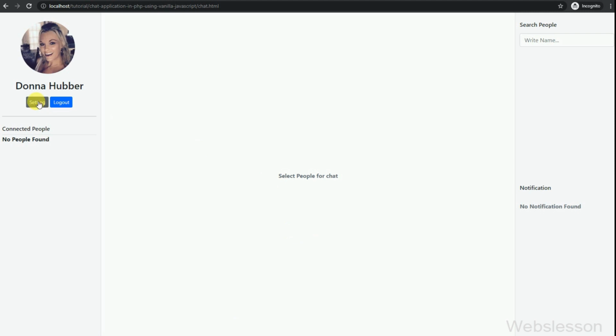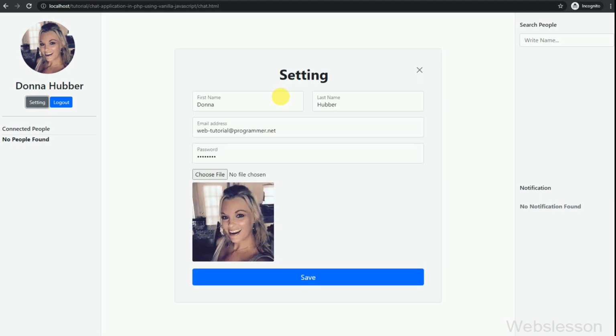Now first we have clicked on the settings page, and here we can see that the settings form has been loaded under this chat.html. Here we can see the settings form, filled with details like first name, last name, email address, password and profile image. The user can change these details.